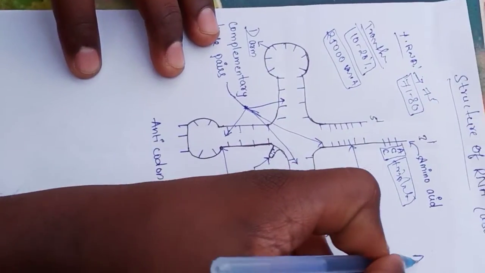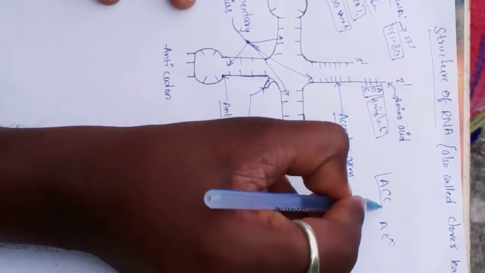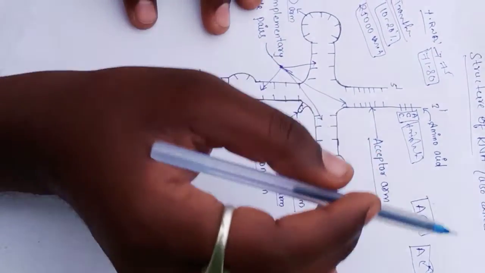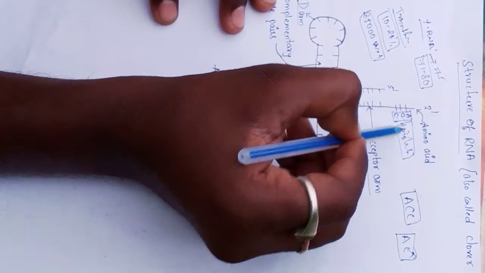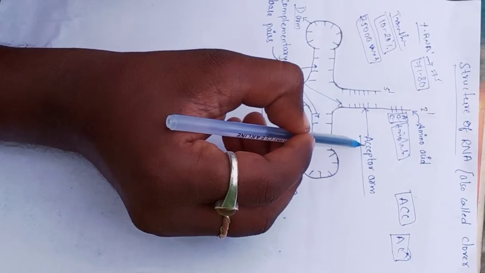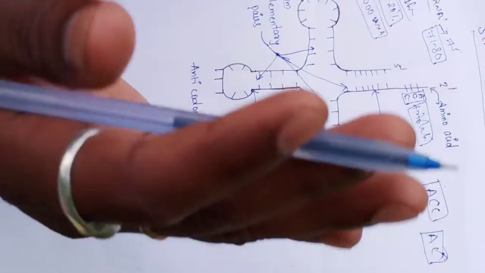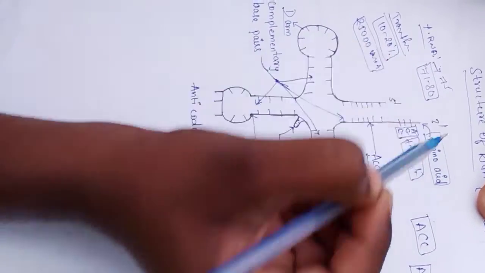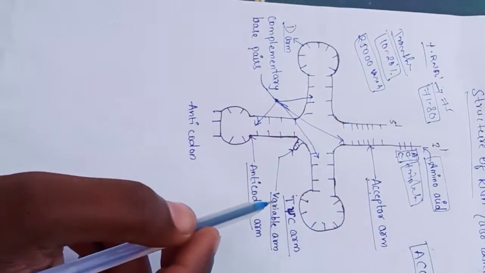For example, ACC is a triplet codon. AC is not a triplet codon. So the ACC contains genetic information, while AC does not. A complete genetic information is present in the ACC. What is the A? Adenosine, cytosine. The acceptor arm participates in protein synthesis. So what is the protein? A number of amino acids. Simply, the acceptor arm contains the amino acids and the ACC triplet codon. That is called the acceptor arm.